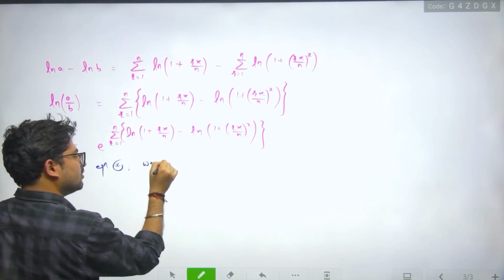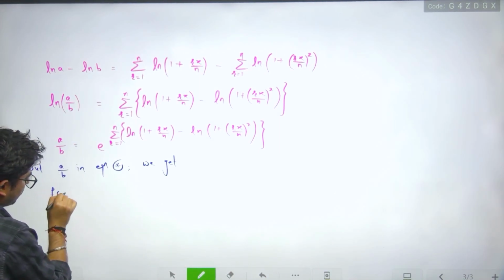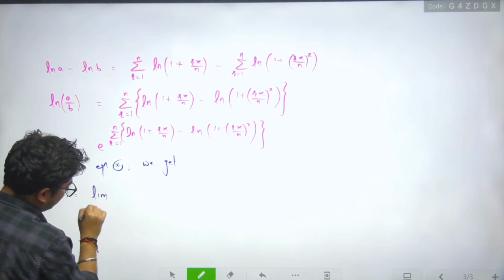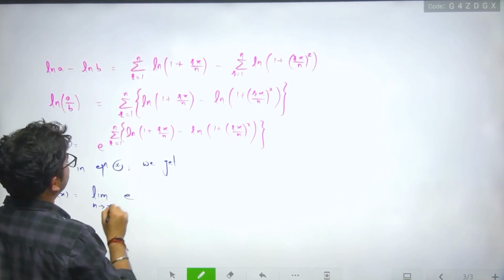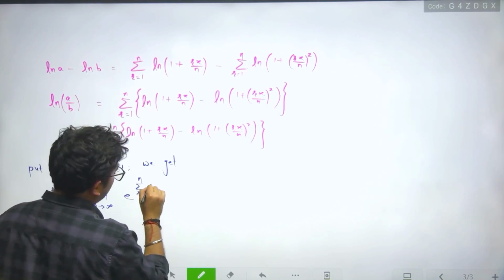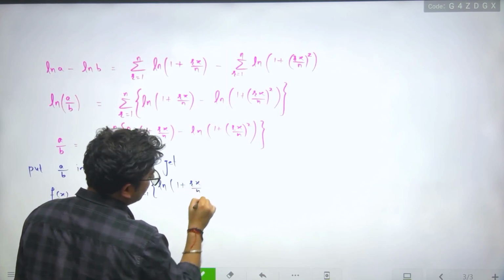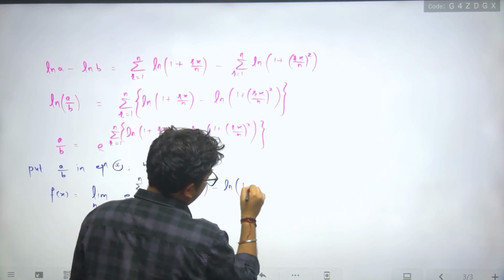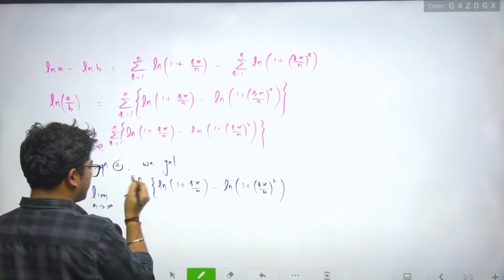Then we get fx is equal to limit n tends to infinity A by B. A by B is e power sigma r = 1 to n of ln(1 + rx/n) minus ln((1 + rx/n)^2), and whole to the power